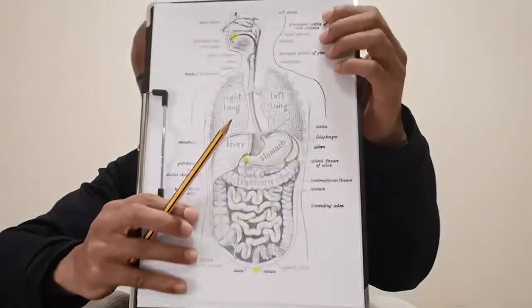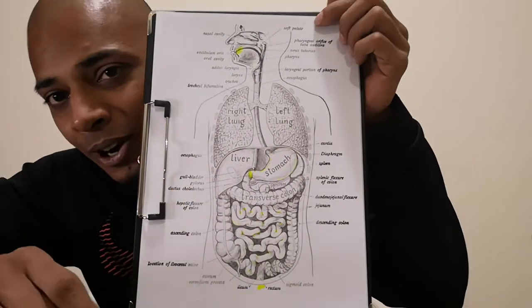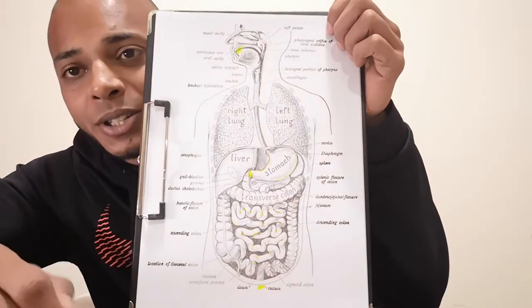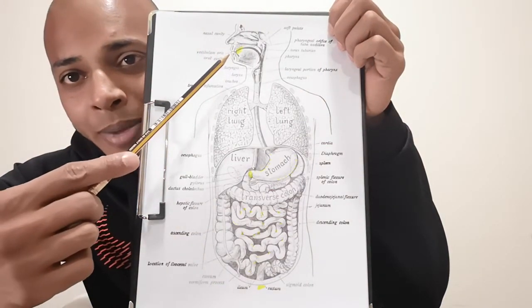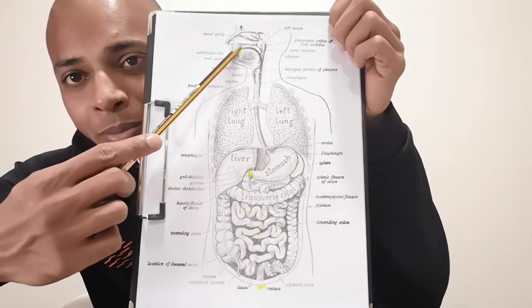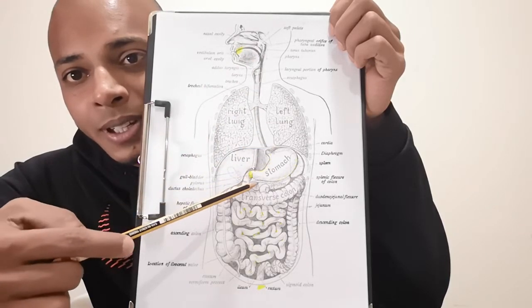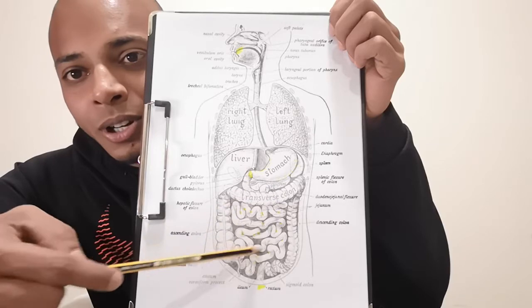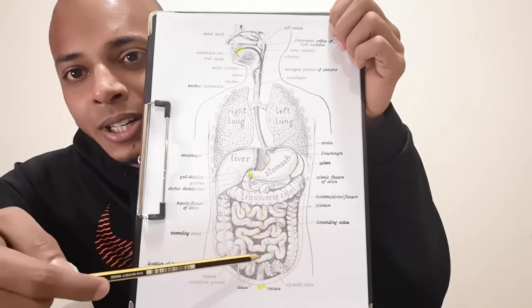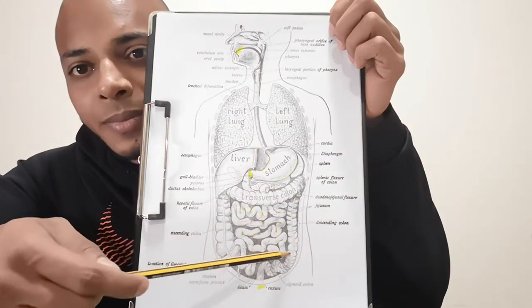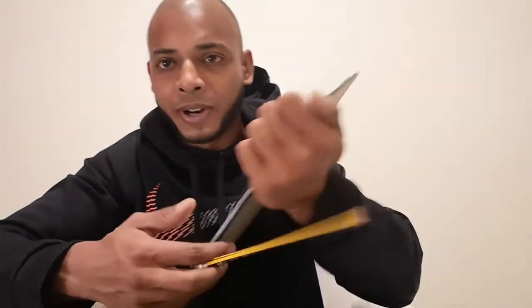So what I have for you over here is a diagram of the human digestive system. Where does it start? Starts right there at the mouth, goes all the way down into the stomach, into the small intestine, through all of this convolution right here, and then into the large intestine, and then out through your anus. So from the mouth to the anus,